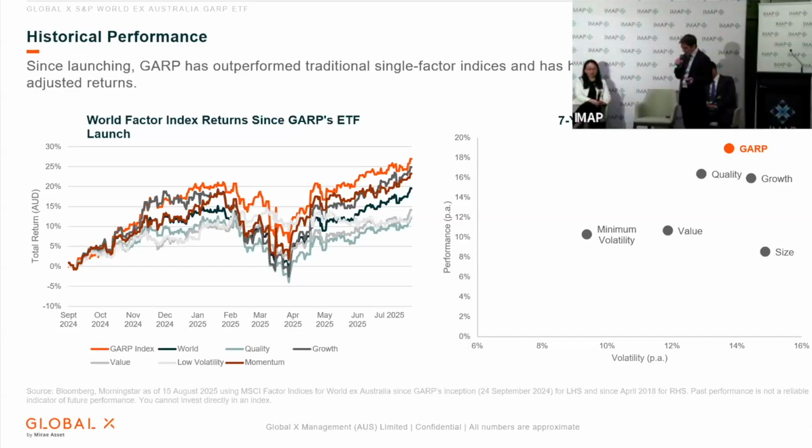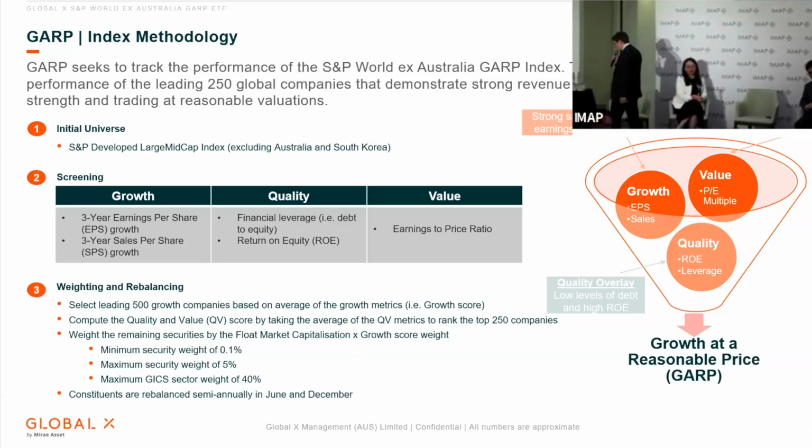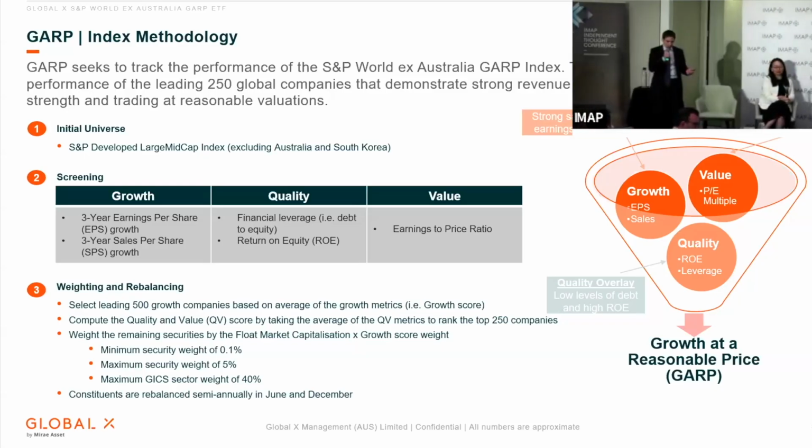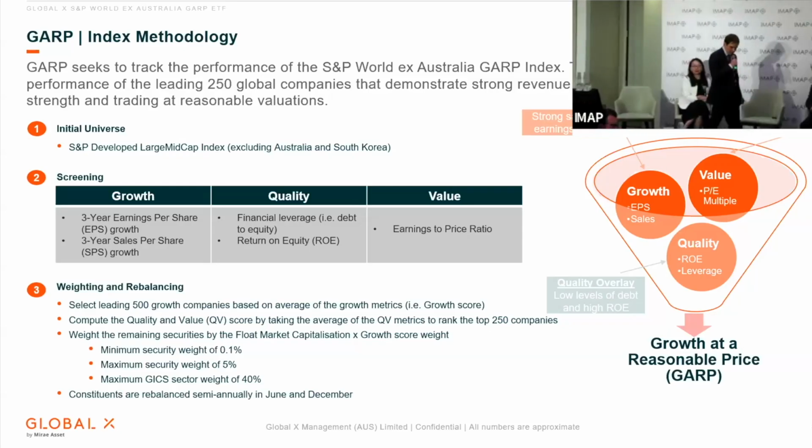So a longer time horizon. Interestingly enough, also, it's achieved a lower level of volatility against the single factor growth and the single factor company size. Jason did a really wonderful job in laying out how we basically stock select to curate a global equity portfolio that's postured toward growth at a reasonable price.